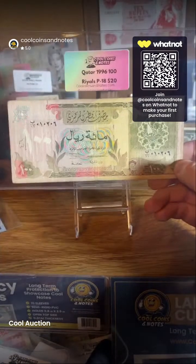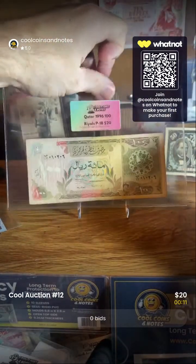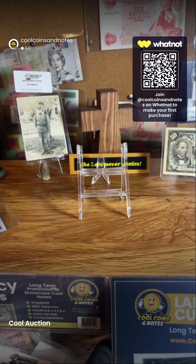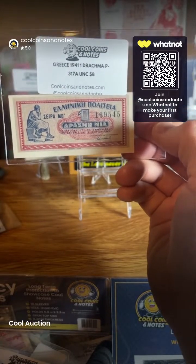And then some folks want to collect the ones that are harder to get, that are kind of against the rules. Qatar, 1996, 100 riyals. So like Cuba, Iran, North Korea, Syria, any of those, then you got folks that just do those. I personally like famous faces, hyperinflation, lots of zeros. Now, you can get some cool hyperinflation stuff from Germany, Yugoslavia, Greece,